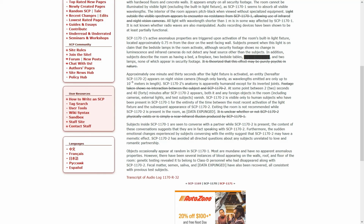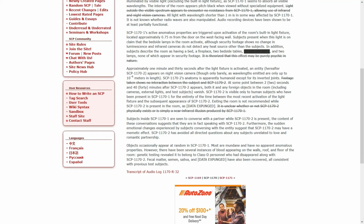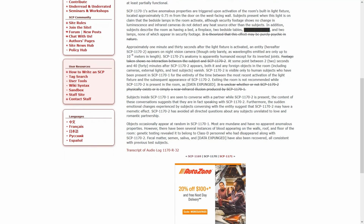In addition, others describe the room as having a bed, a fireplace, 2 bedside tables, [redacted], and 2 lamps, none of which appear in security footage. It says it is theorized this effect may be purely psychic in nature. Approximately 1 minute and 30 seconds after the light fixture is activated, an entity, hereafter